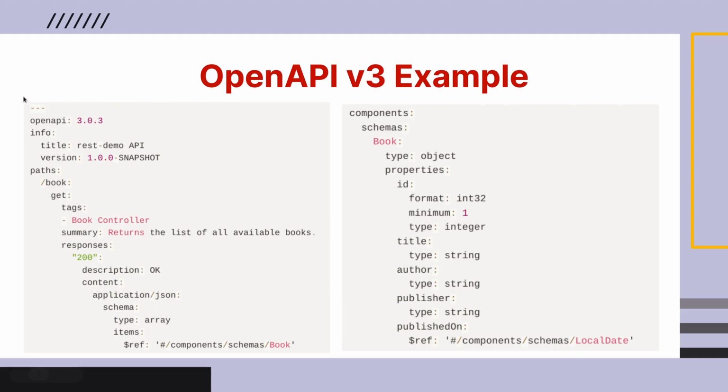For example, this is a small representation of the REST API that we built in the last video. This is a YAML file, and in the first line we define the version of the OpenAPI we are using, then information, then the paths of the REST API. For example, we have /book. If we send a GET request to /book, the possible response is 200, right? And the content is application/JSON,